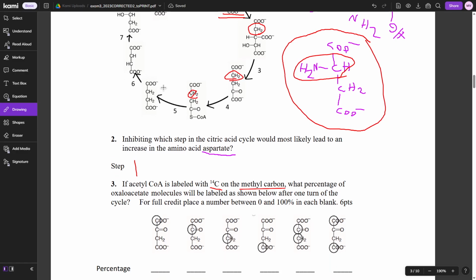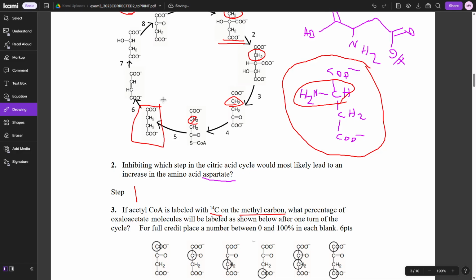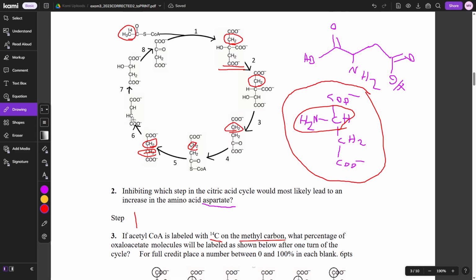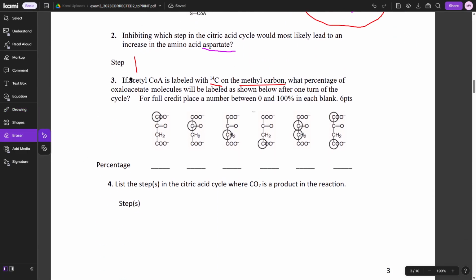Now this is where we turn into the thing where we have no idea. So we are now through the cycle. We're 5 steps through the cycle. And at this point, I have no idea because this molecule is symmetrical. I can't tell which side is which. So in this case, it could be either this or that, and I have no idea which one it is. Same thing up here, this or this. Same thing here, that or that. And same thing up here, this and that. So now I just have to go down and figure out